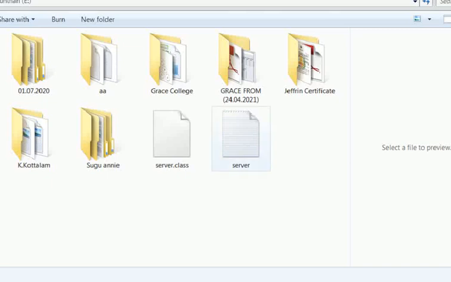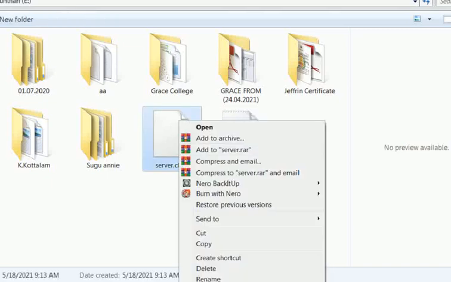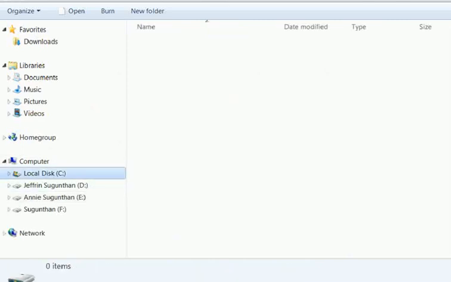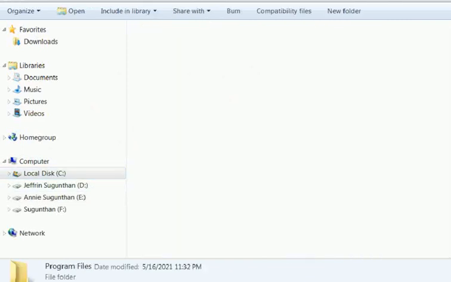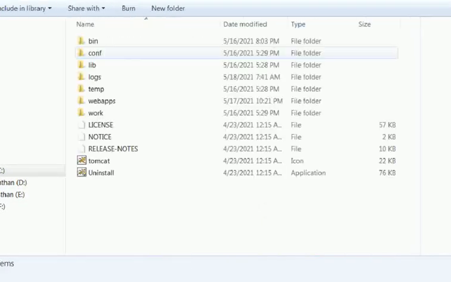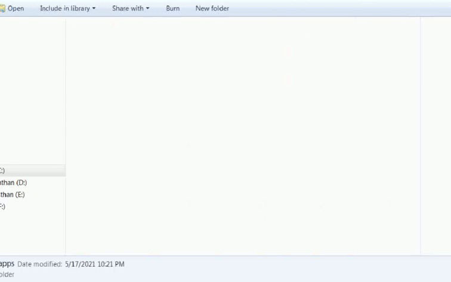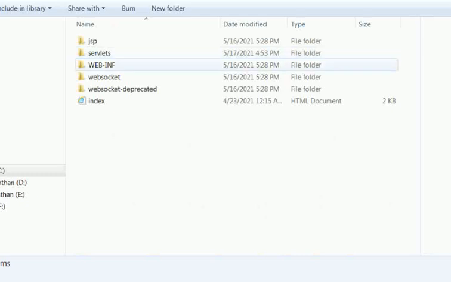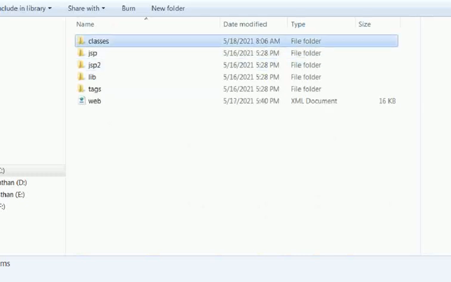So see here, the class file is generated. Copy this file. Go to C:, Program Files, Apache Software, Tomcat 7.0, here webapps. Click webapps, examples, WEB-INF, then classes.